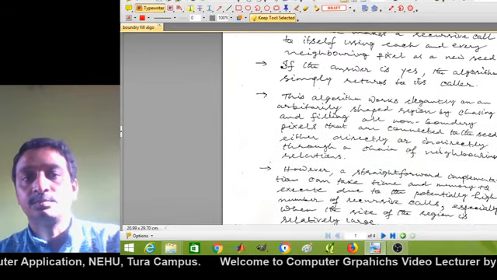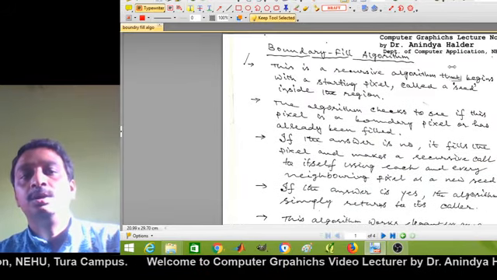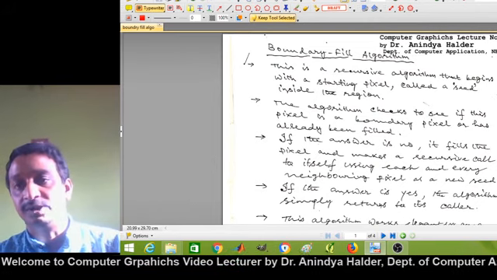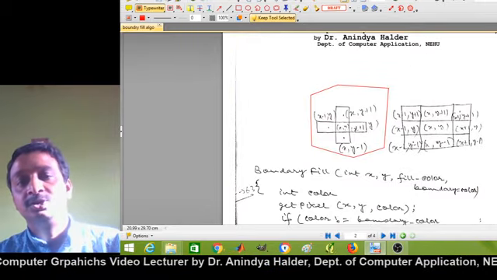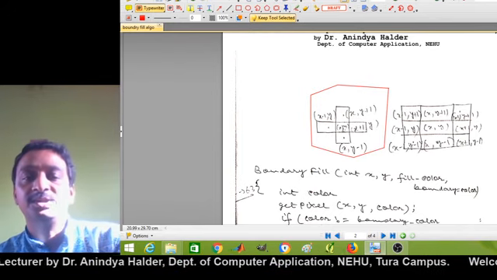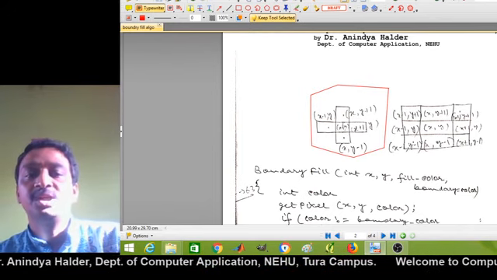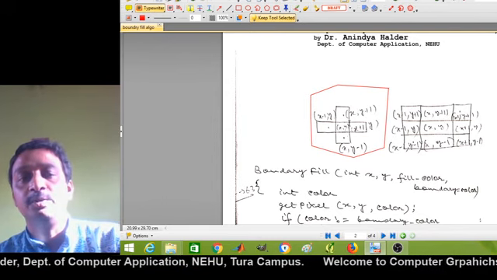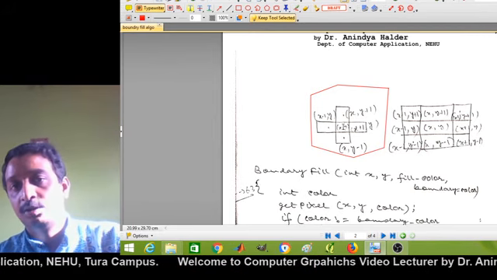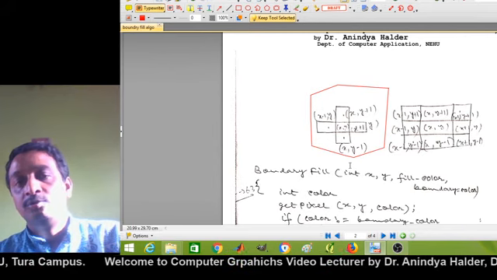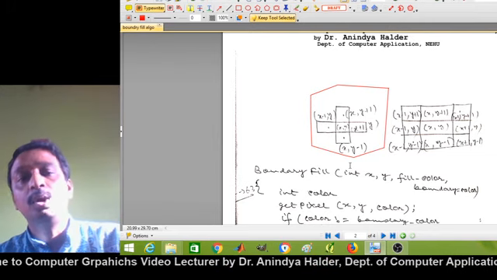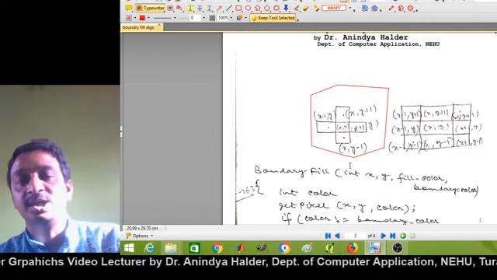The algorithm is a recursive algorithm that begins with a starting pixel called a seed pixel inside the region. So the algorithm starts by choosing a pixel from inside the region. Let's say this is our seed pixel x, y, which is lying inside the region. First, this algorithm will choose arbitrarily one point as a seed point from inside the